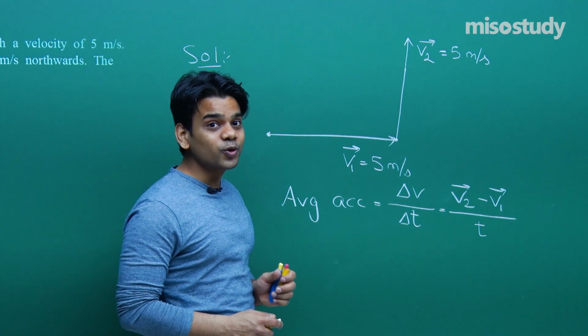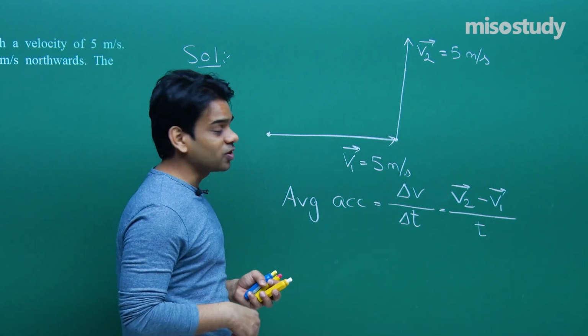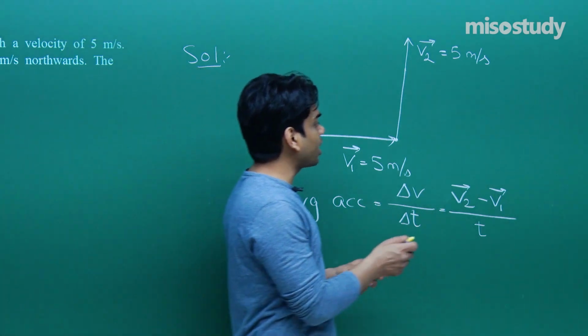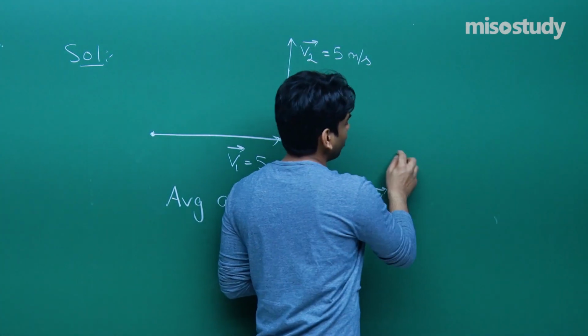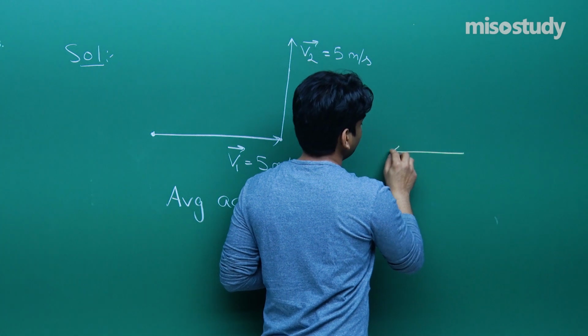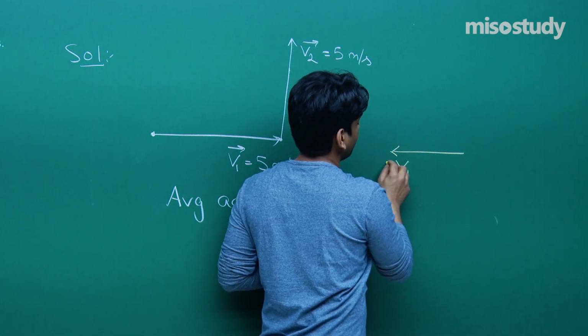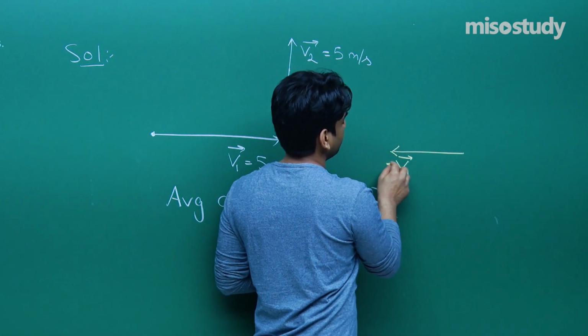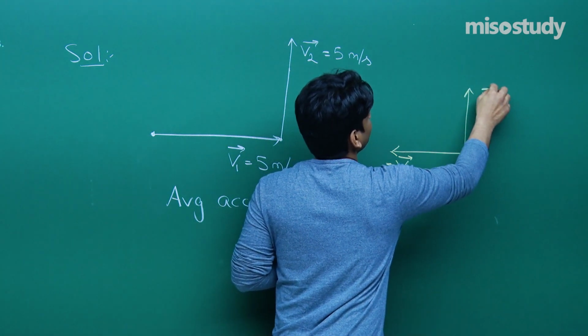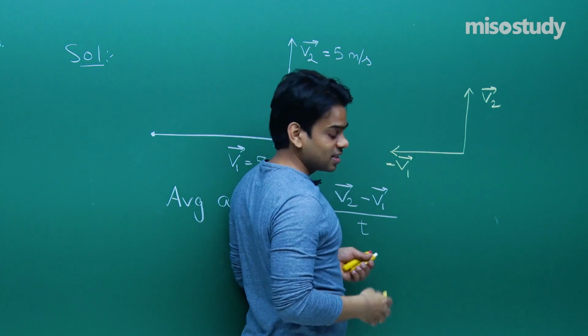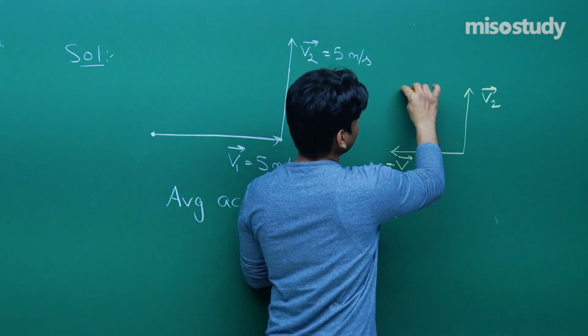If I show you the negative V1 velocity, how it will look like, let me draw another diagram, and let me only change the length. That will not be a big problem. See, this will be V1, this will be minus of V1, and this will be V2. So that means we have to add these two vectors. The resultant will be somewhere here.